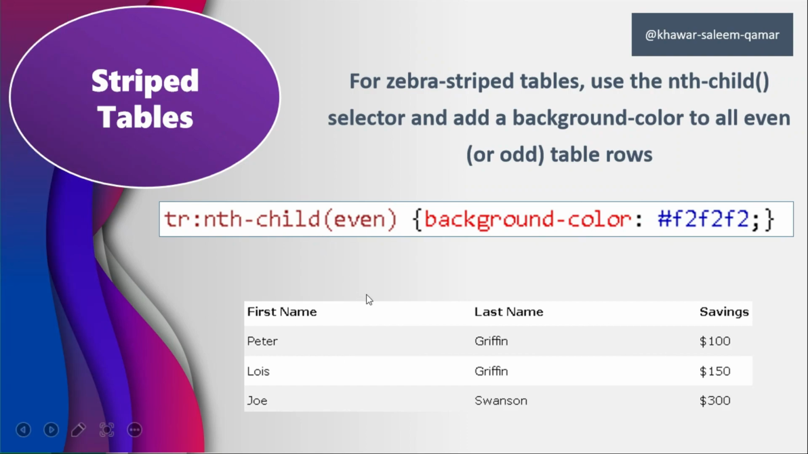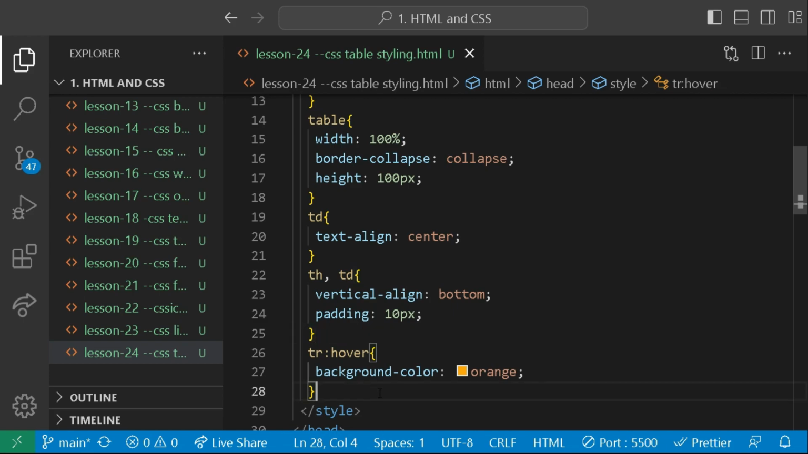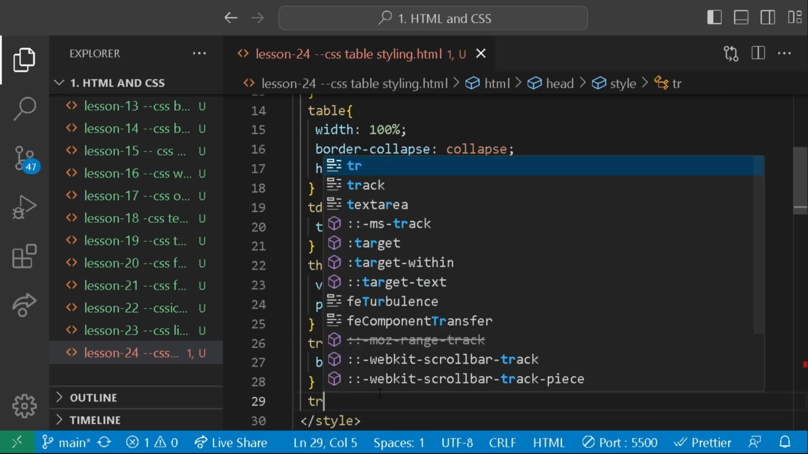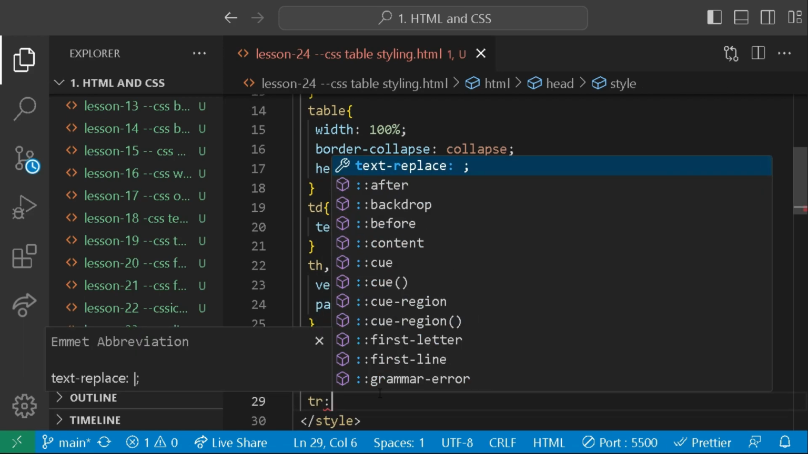Striped table means that every even number of row has a different style, so it looks like a zebra striped table. For that we can just style the nth child, and inside it we give the parameter of even, so it will style every even child inside the tr. So if we write tr here, which means every tr, and inside this list of tr,